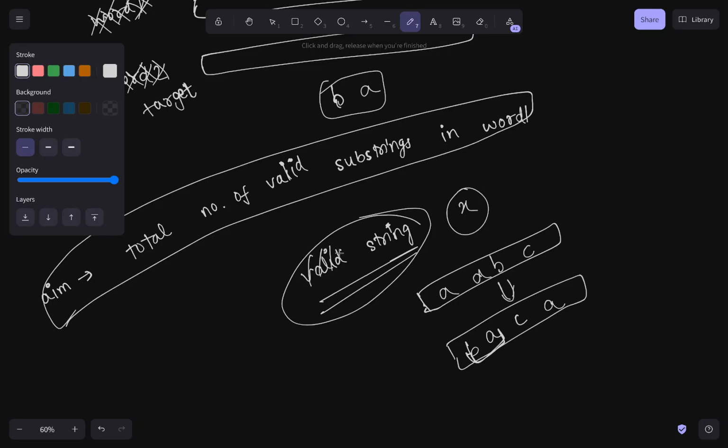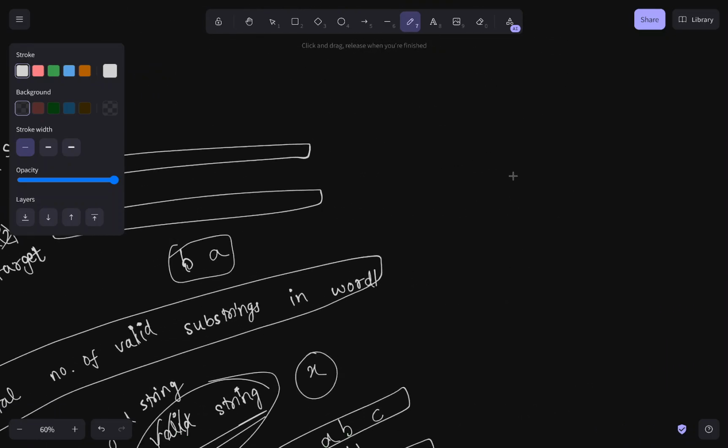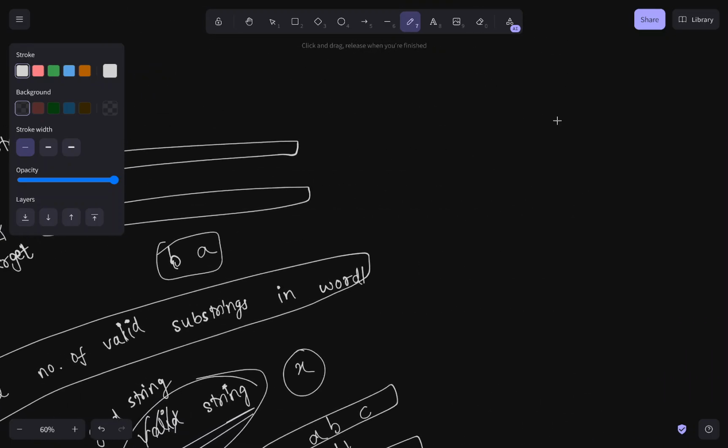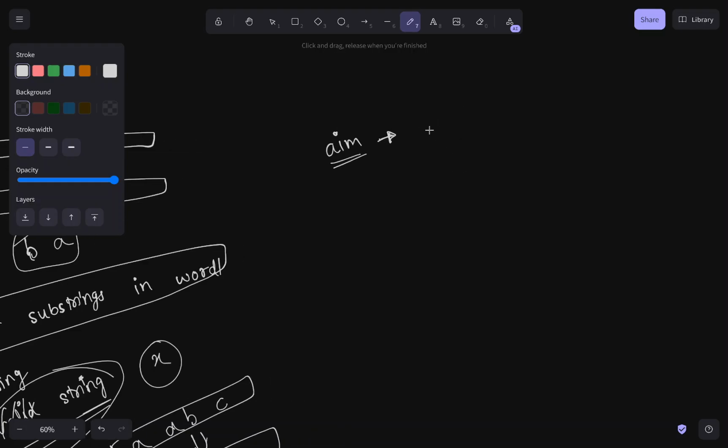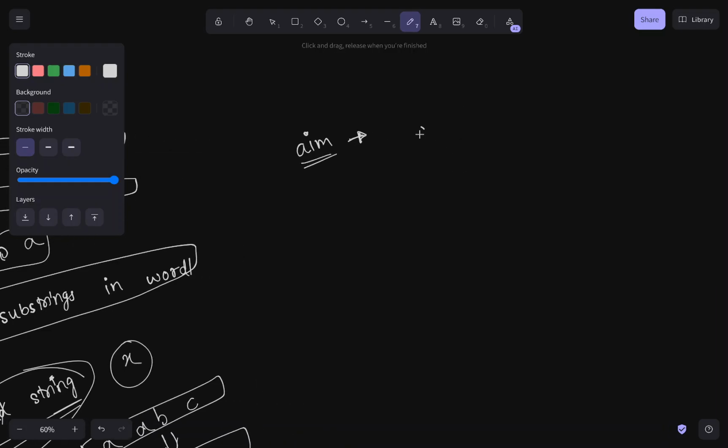And instead of calling the string valid, I will call this a good string. So our goal is to find out how many good strings. Sorry. So now I've just changed the names of the variables. That's it. So now I want to find out the count of good substrings